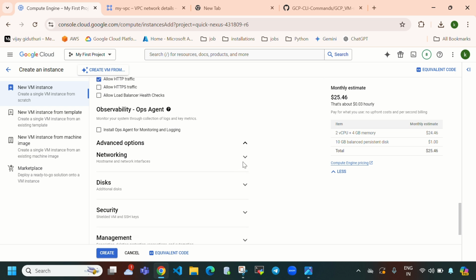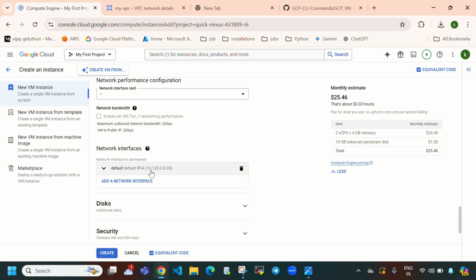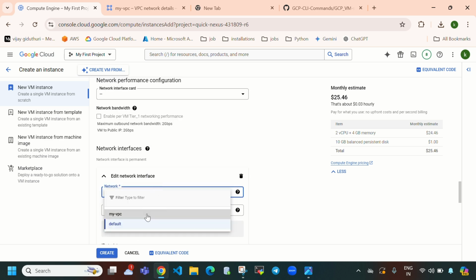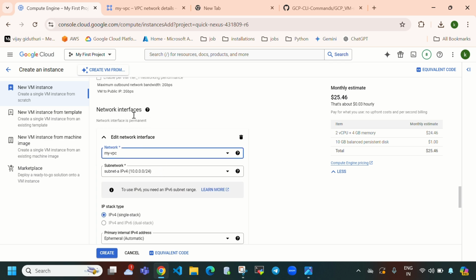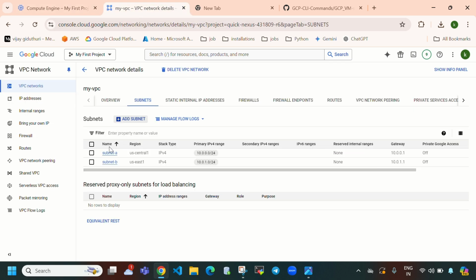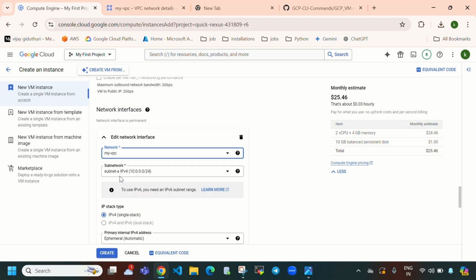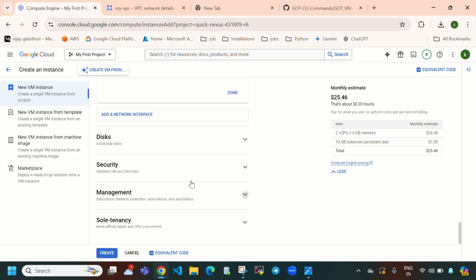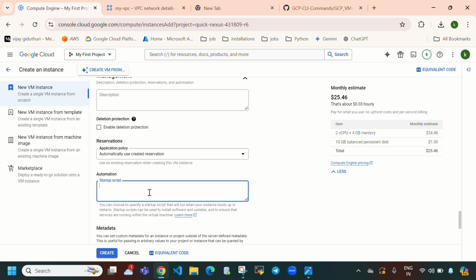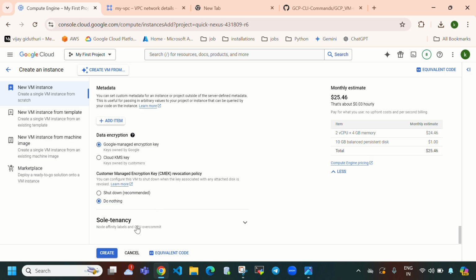And when it comes to advanced options, in networking, here I'm going to select my VPC. This is the custom VPC I showed you previously. Here you can see this is my VPC and this is subnet A. Let's go to management, and in startup script I will paste that same script. Okay. And here I will change the name to virtual machine 2. Previously we gave virtual machine 1, so right now we are going to place virtual machine 2. So directly select Create,